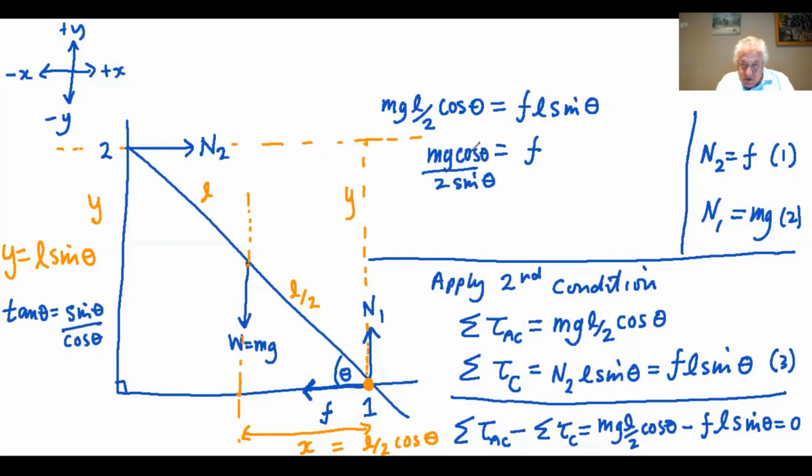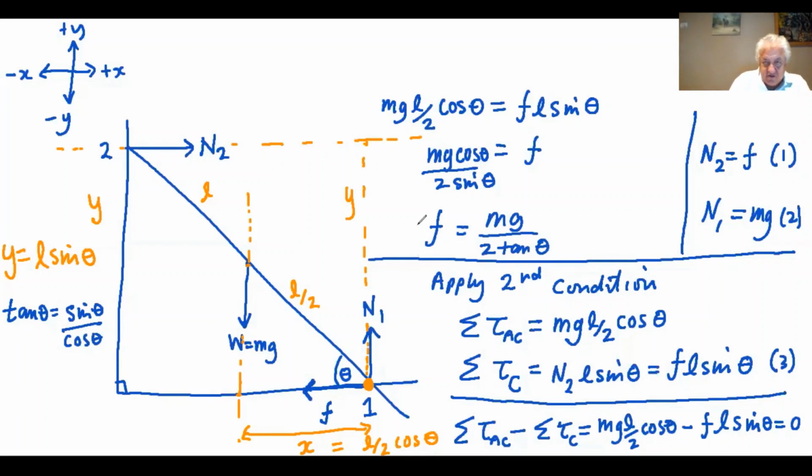So this one is going to be 1 over tan. So let me put F this side and write this equation on this side. So cos theta over sine theta is 1 over tan, so this is 2 tan theta. And so this gives me my formula